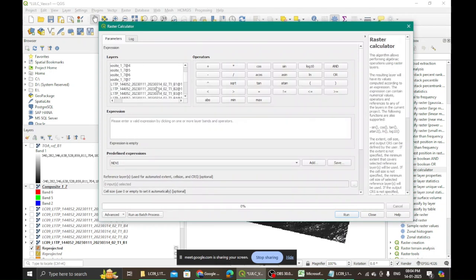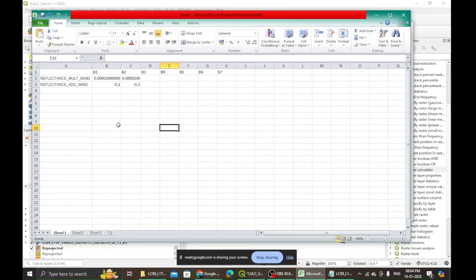So for raster calculator, I will go for this band number 2. And before that, what I have to do? I have to multiply it with the reflectance mult band, this particular factor.